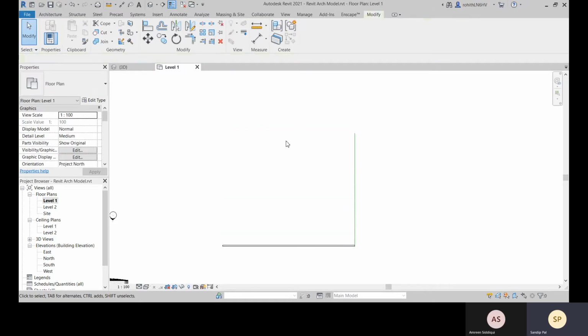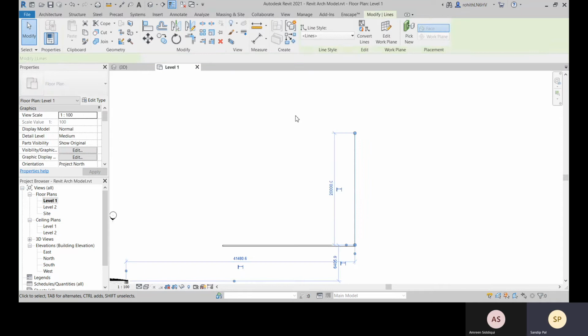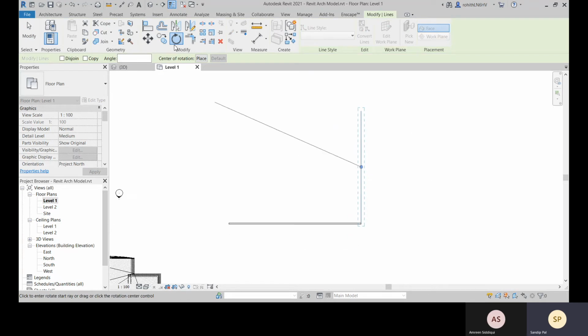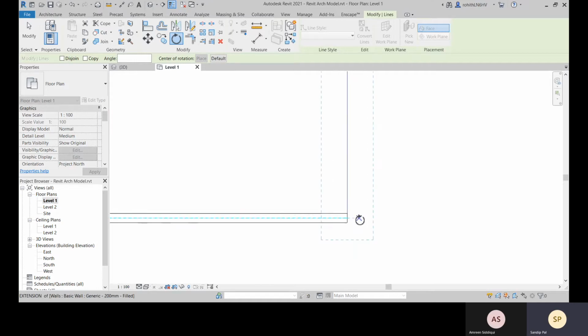Now suppose you rotate this line. Let me rotate this from this point. I have selected this object and chosen the rotate option, and in the default condition you will have the center of rotation at the midpoint of your object, so you can drag to the desired point and release your mouse and it will be placed.